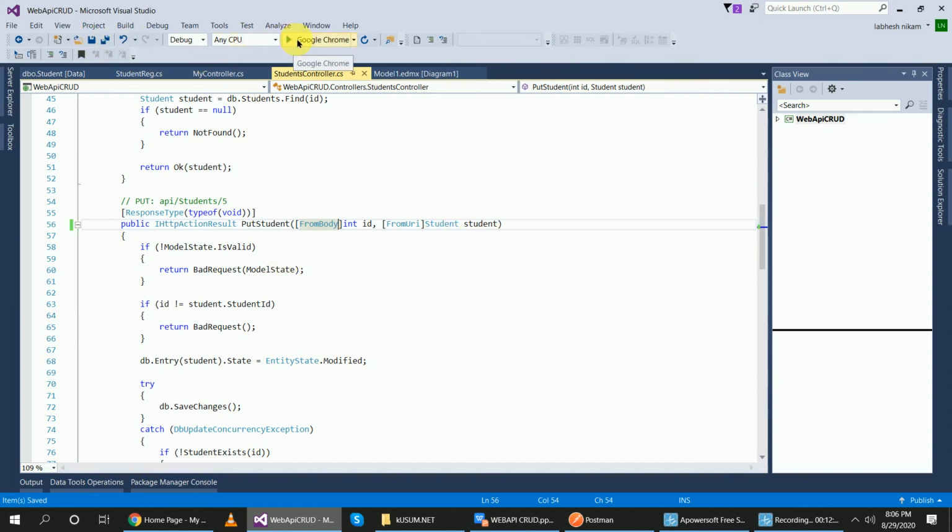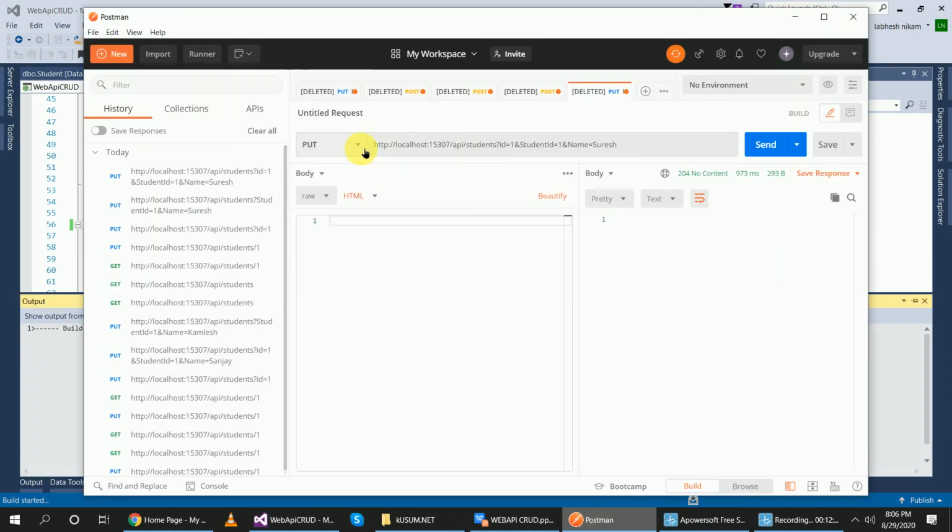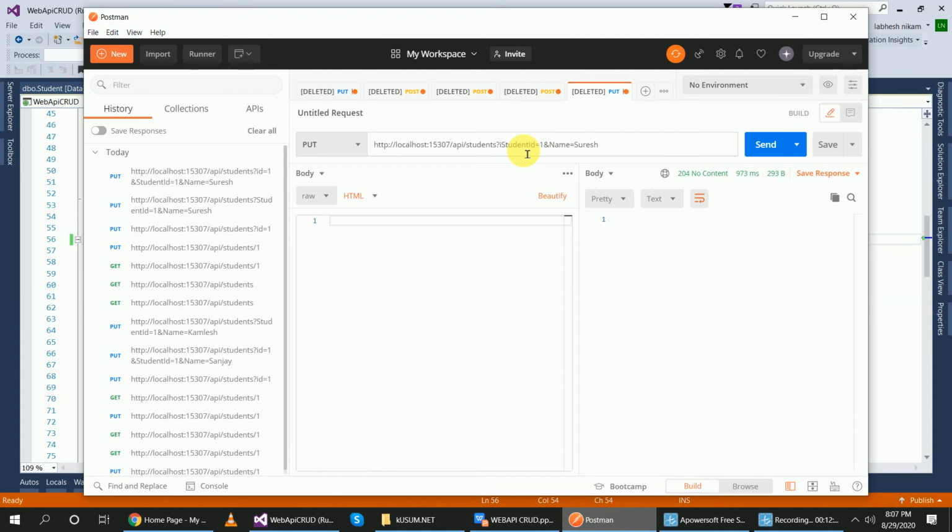Save it, run it. Here I want to change the data using URI. Pass the data in URI and pass the ID in the request body. This is my request body.